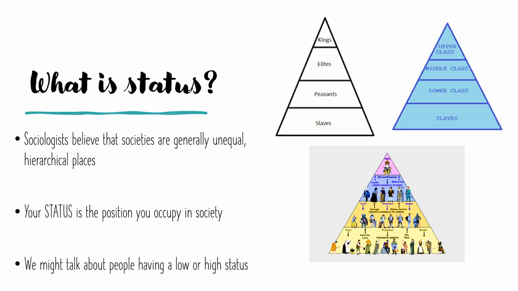So status is a sociological concept that deals with a person's position in society. Sociologists believe that societies are generally unequal places. They're hierarchical, which means that they have different layers and levels. If you think back to some of that history you've done before, medieval societies with peasants and knights and kings, it's that general idea that some people have more power and sway over others,